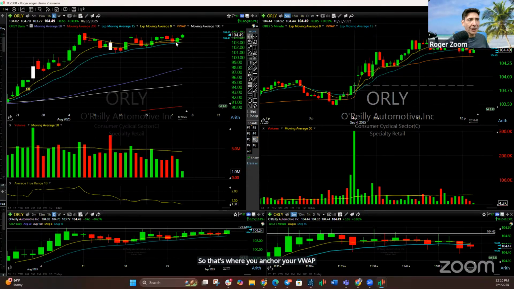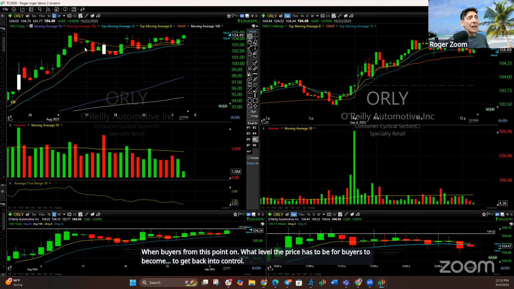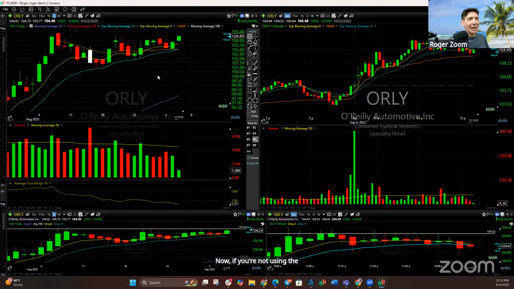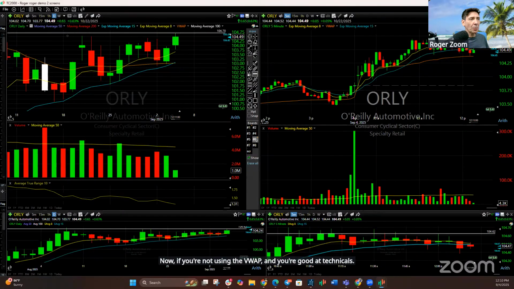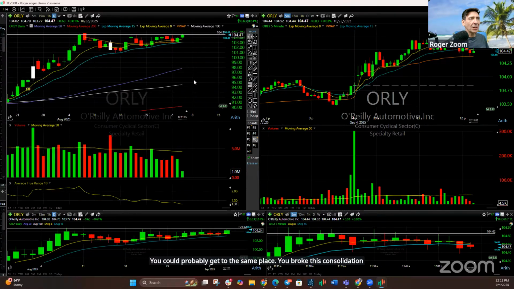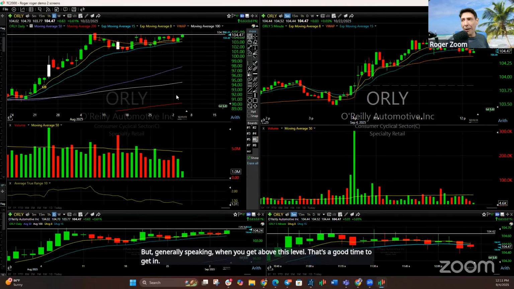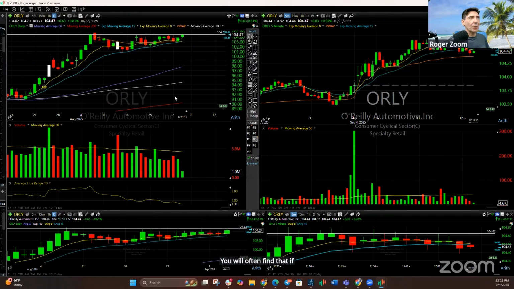And the VWAP will tell you, from this point on, what level the price has to be for buyers to get back into control. Now, if you're not using the VWAP and you're good at technicals, you could probably get to the same place. You broke this consolidation, you're above this here, but generally speaking, when you get above this level, that's a good time to get in. You will often find that if you're a technical trader, you will often find that,